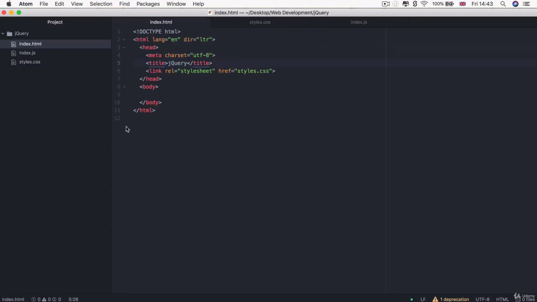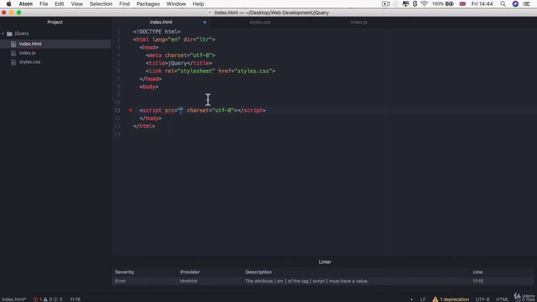Next step is to include and link up our JavaScript. Now, if you've completed the last module, then you would know that preferably you should include your JavaScript at the end of your website, just before the closing tag of the body. So over here, we're going to include a script with an external source, and the source is going to be